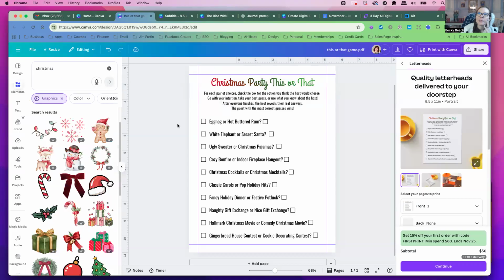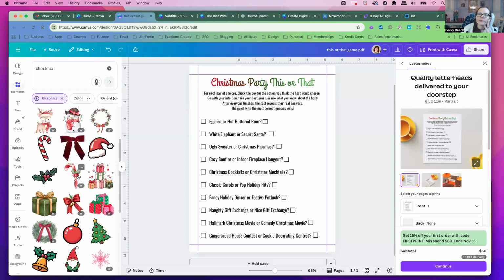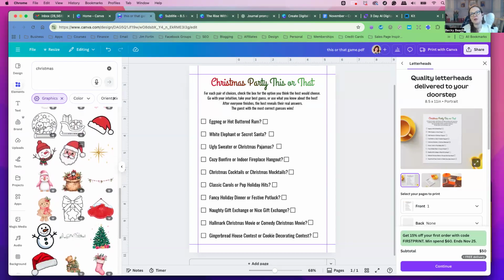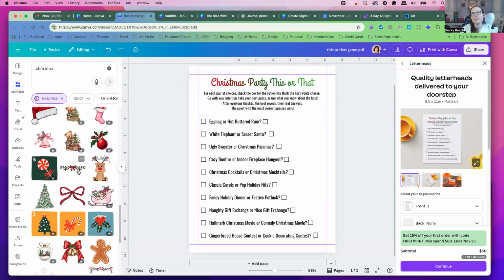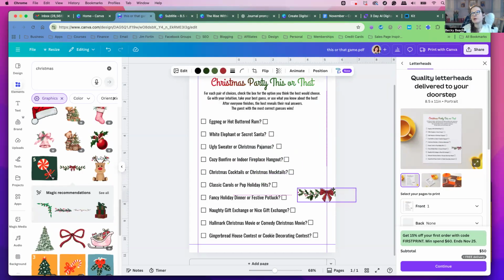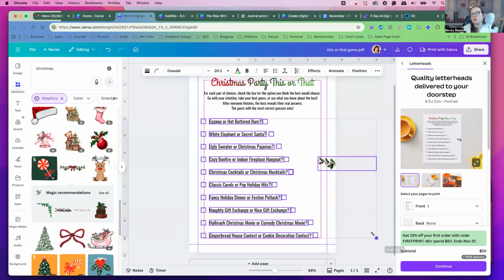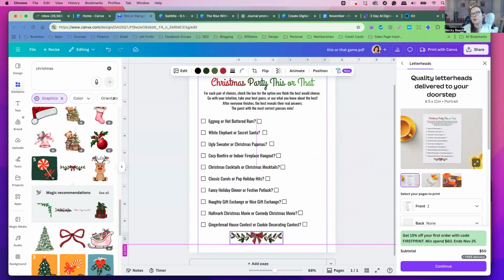I think that's cute. And then there's all these images here we can use. And again, if I end up accidentally picking a paid one, you just have to edit it yourself and put in a free one if you have a free account. Yeah, that could be cute. Let's move this and make it smaller so we can put that holly down below. I think that would be pretty. And we could center it. Yeah, that could be very cute.